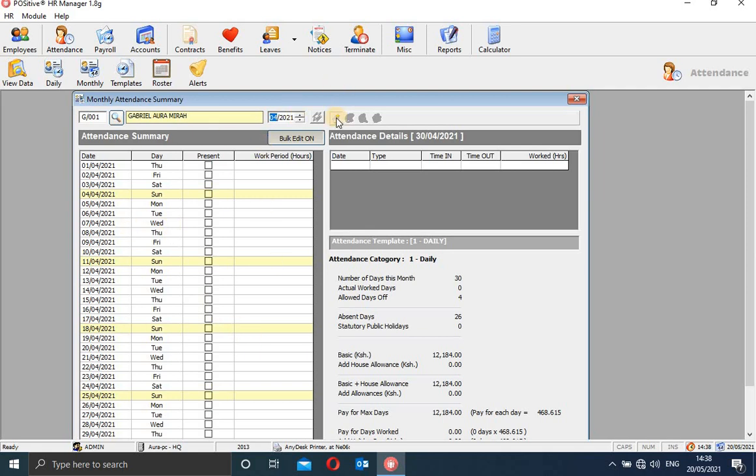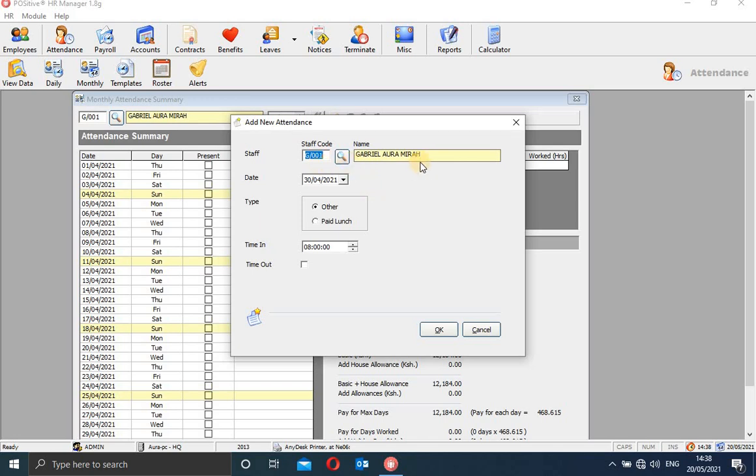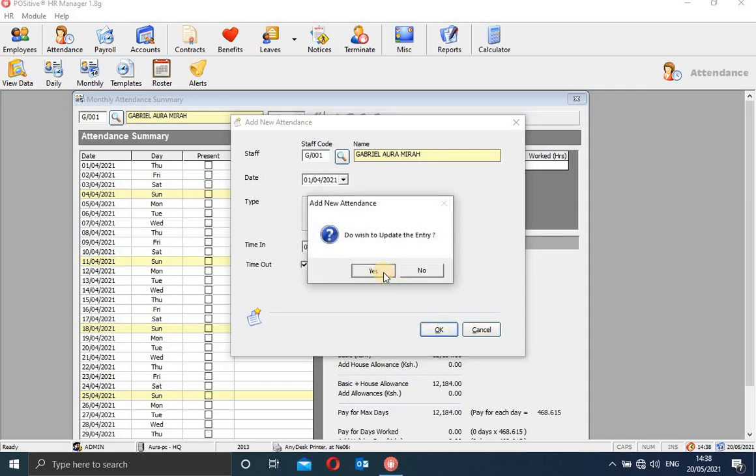Here you just click here, and then you put the name of the employee, and then you select the date that you want to give him the present status. Then you click tick here, then you say here it is supposed to be that. Okay, and then you say okay, then I say sawa.